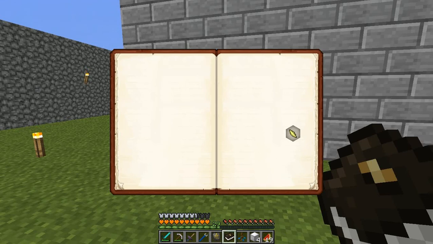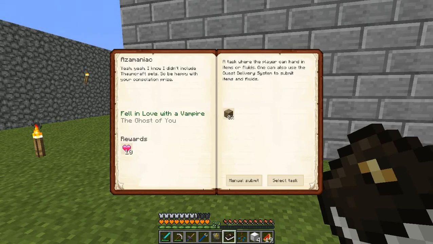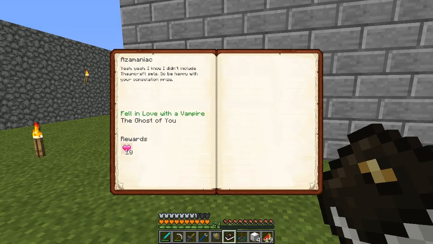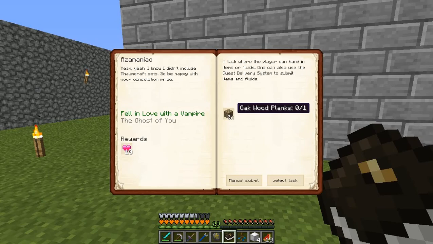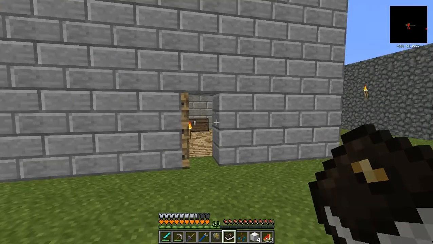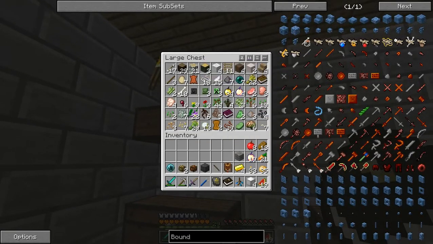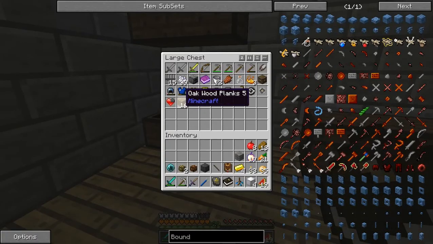So that's a little weird, but this one apparently unlocks when you create an iron-capped wand, as you can see. Yeah, I know I didn't include Thaumcraft sets, so be happy with your consolation prize. So the Ghost of You, I need to submit 1 oak plank, 10 full hearts as a reward. Let's actually do that right now. We got oak planks actually as a reward for the last one, so...